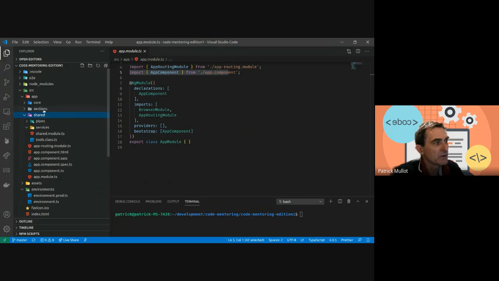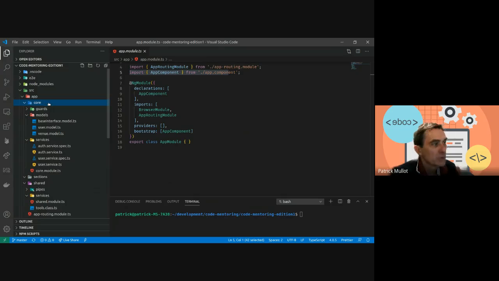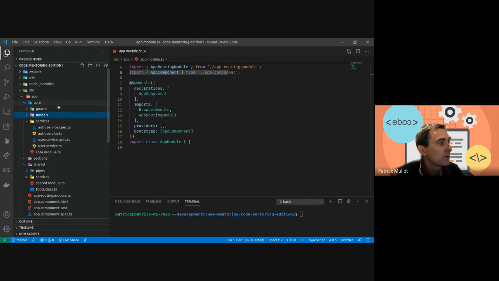And then inside the sections, each section should have its own module, because probably you won't need to load all the sections at the same time. You just need to load a section when you need it, or want to see it, or when the user requests to see it. So in the core module,